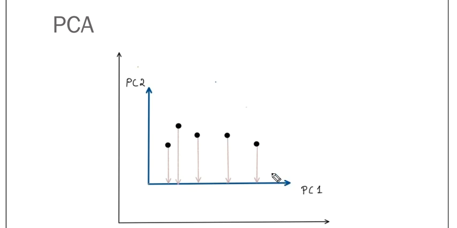So how do I find the variance? To find the variance in a particular direction, find the projection or shadow of the data in that direction, and our aim is to maximize the sum of the distances between the projections. And we will observe that the sum of the distances between the projections is maximum in this direction, and that is why we call it principal component 1.